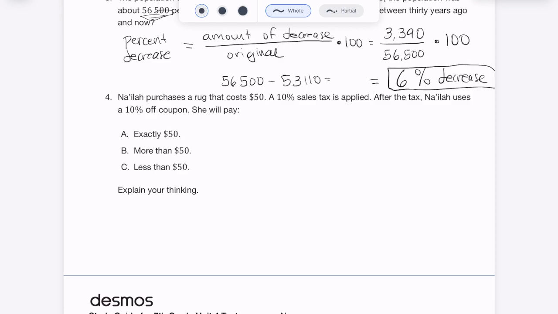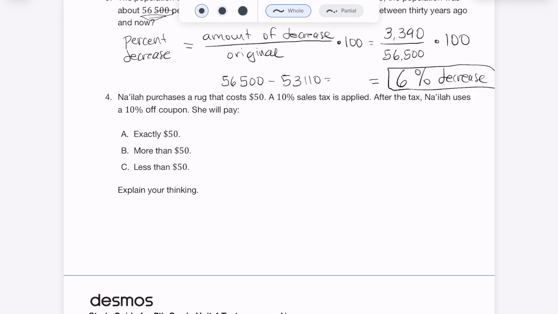Nyla purchases a rug that costs $50. A 10% sales tax is applied. After the tax, Nyla uses a 10% off coupon. She will pay A, exactly $50, B, more than $50, C, less than $50. Explain your thinking. Okay, so the thing they're testing you on here is the fact that